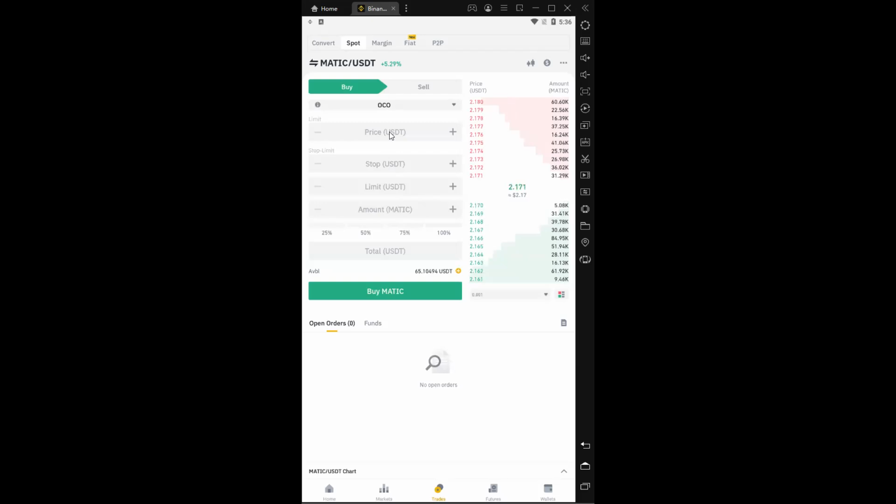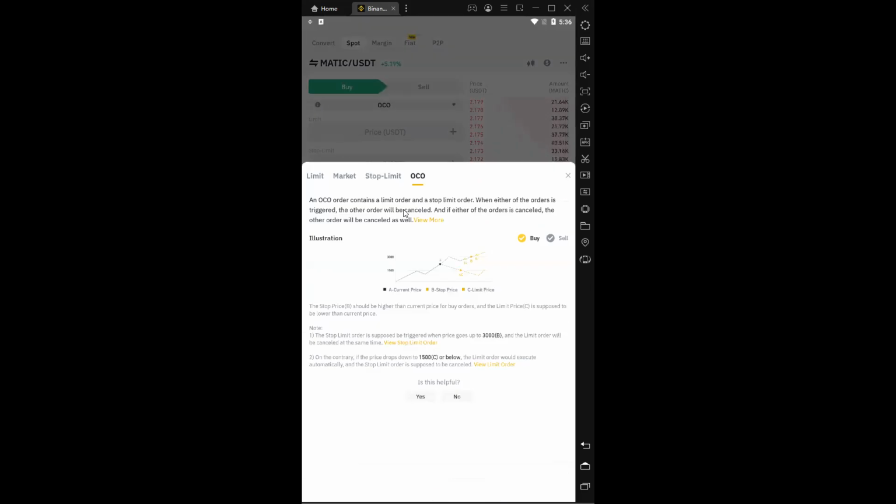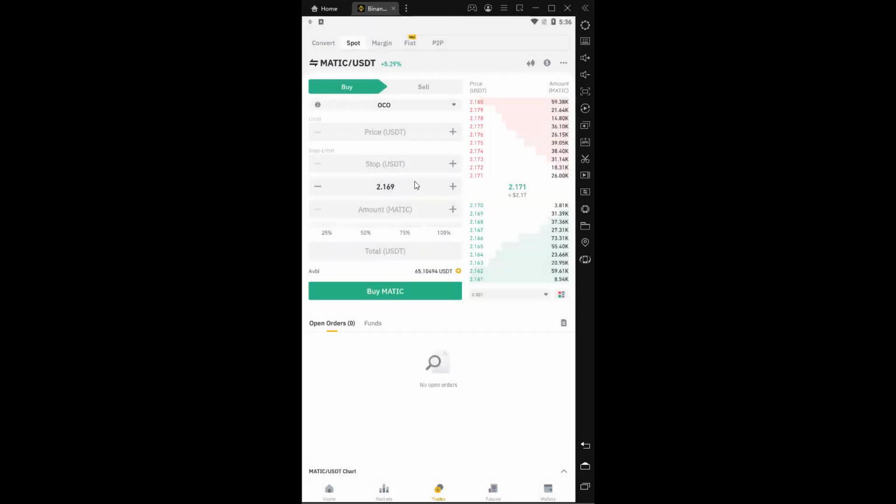Because when you want to buy, it's like placing a limit order, so there's no way you'd want OCO to work with a buy order. Majorly, OCO is used when you want to place a sell order, when you want to sell a coin. You can actually still do it for a buy order. For a buy order, you are telling the market that when the price of this coin dumps to, say, 2.1, the market should place a buy order for you at 2.0